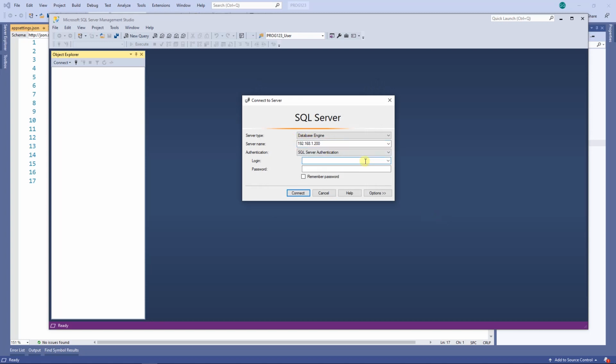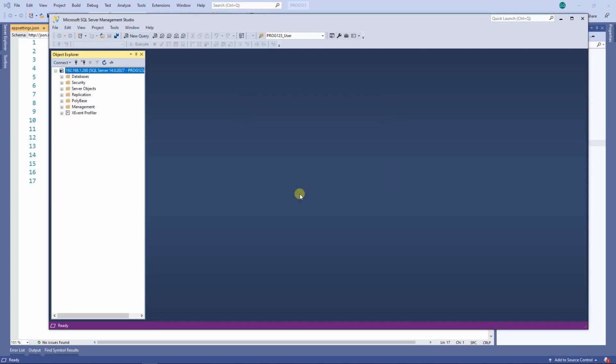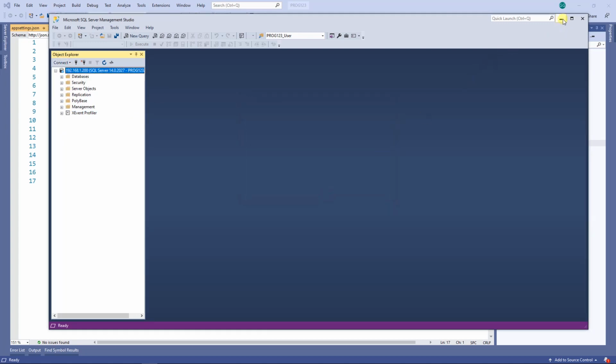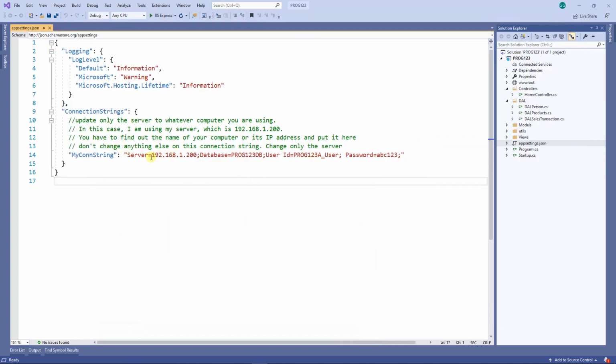And the username is what we had from the SQL script that you ran. The login is prog123a_user, and the password is abc123. I'm going to click on remember password, and then I'm going to click on connect. So if the connection was successful, that means that the name of that server that you used is valid. And then copy this whole server name and then bring it to your Visual Studio and then paste it right